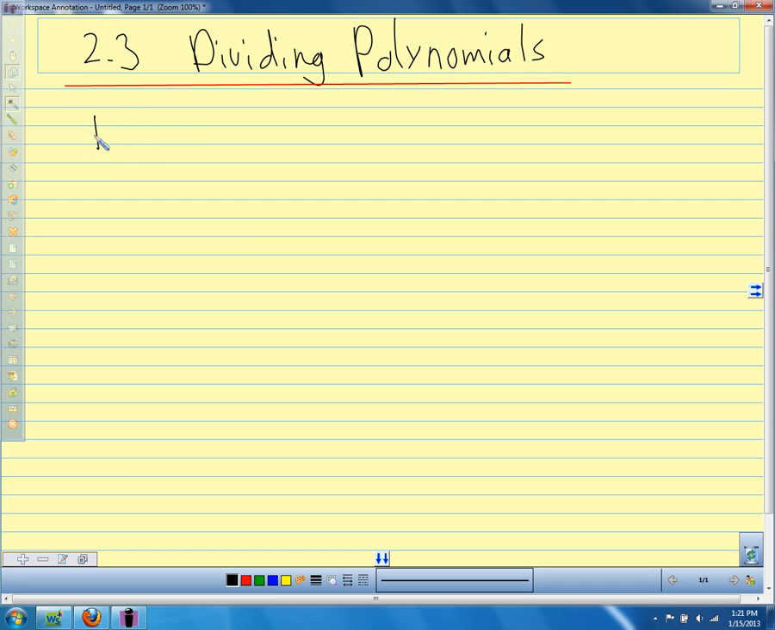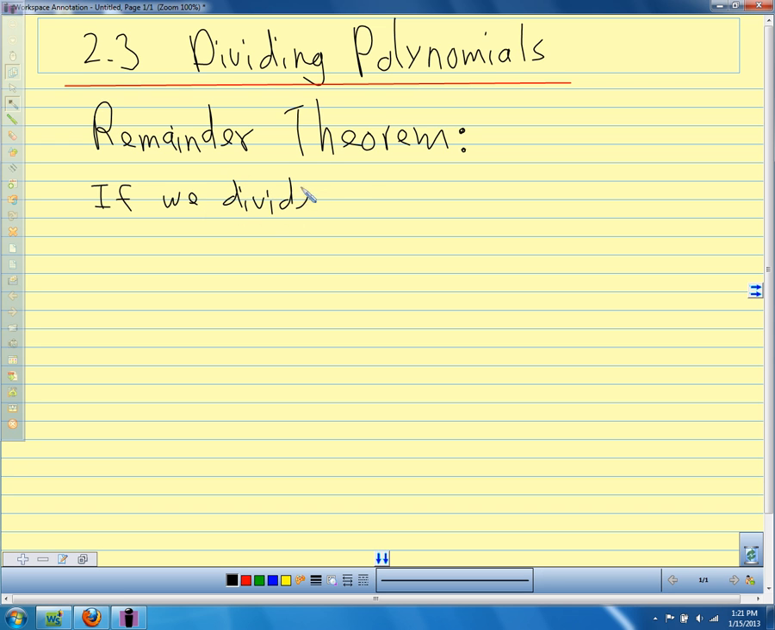So the first thing we're going to talk about is the remainder theorem. The remainder theorem says that if we divide a polynomial, some f of x that's a polynomial, by x minus k, so we're dividing by x minus k, we can use synthetic division. If we divide this polynomial by x minus k, the remainder